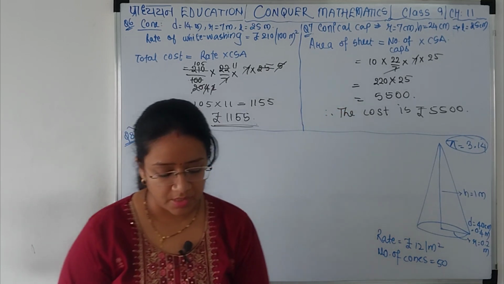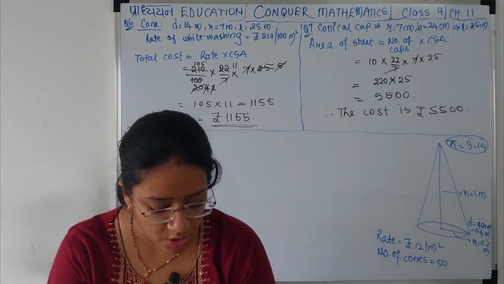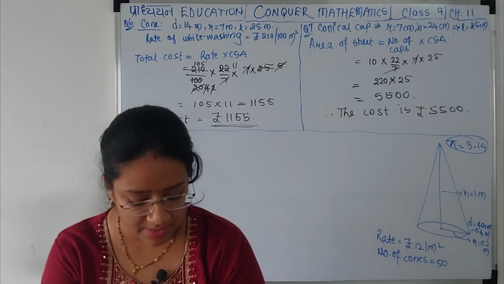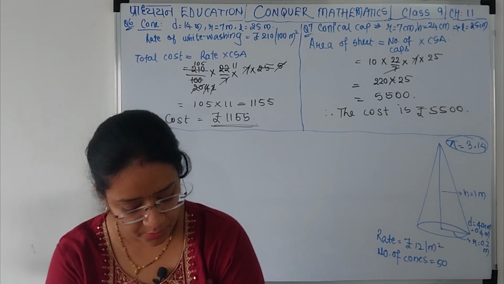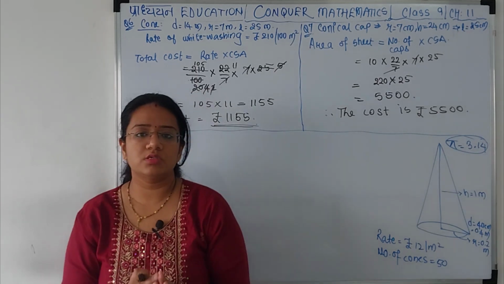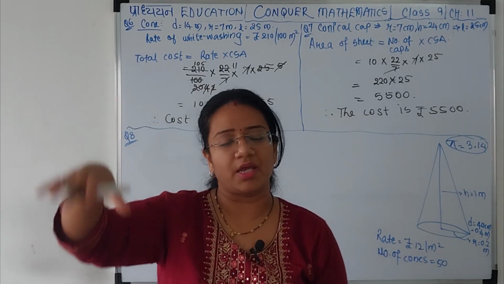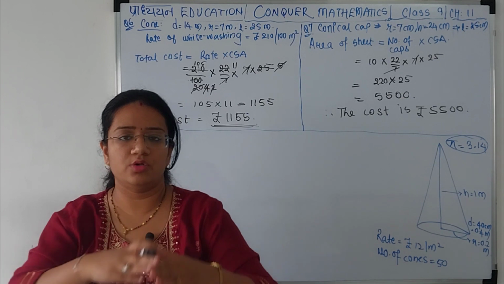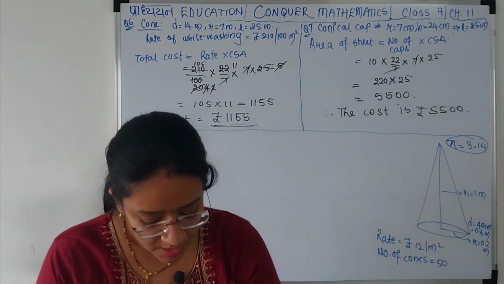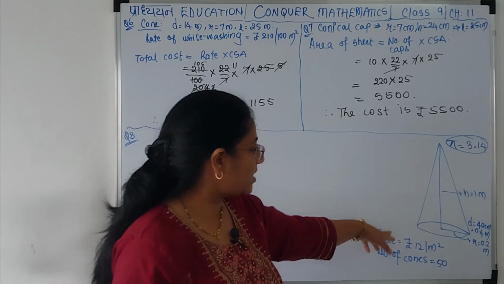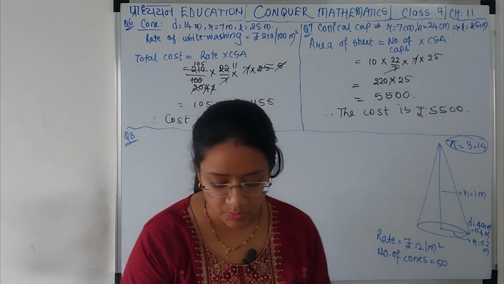Clear? Okay. Let's read question number 8, which is the last one of the exercise. A bus stop is barricaded from the remaining part of the road by using 50 hollow cones made of recycled cardboards. You know that those cones yellow में होते हैं, mostly they are yellow in color, जो road के sides में रखे जाते हैं to barricade, to separate that part of the road with the main road, correct? Each cone has a base diameter of 40 centimeters. Base diameter 40 centimeters में है and height is 1 meter.